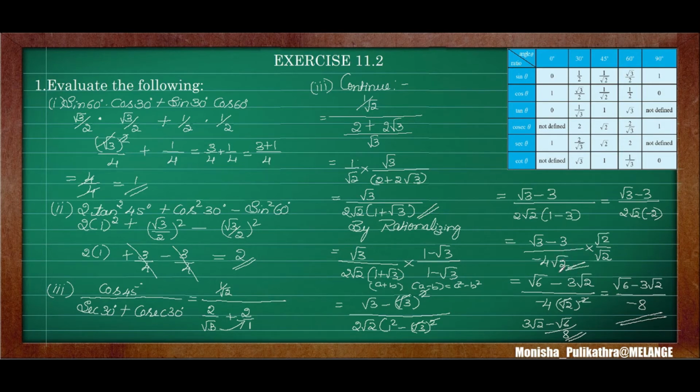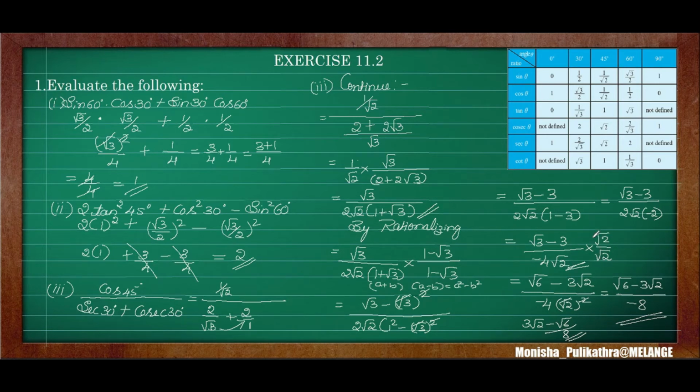Okay. So here if a plainly irrational number is given, then you have to rationalize it by the same number itself. Root 2, a single number. Here 2 terms are there, that's why you are taking minus or plus. If only one irrational number is there, it means you have to take the same number as multiplication and division. Okay. So root 3 minus 3 divided by minus 4 root 2. You take this root 2 as rationalization. So root 2 by root 2.